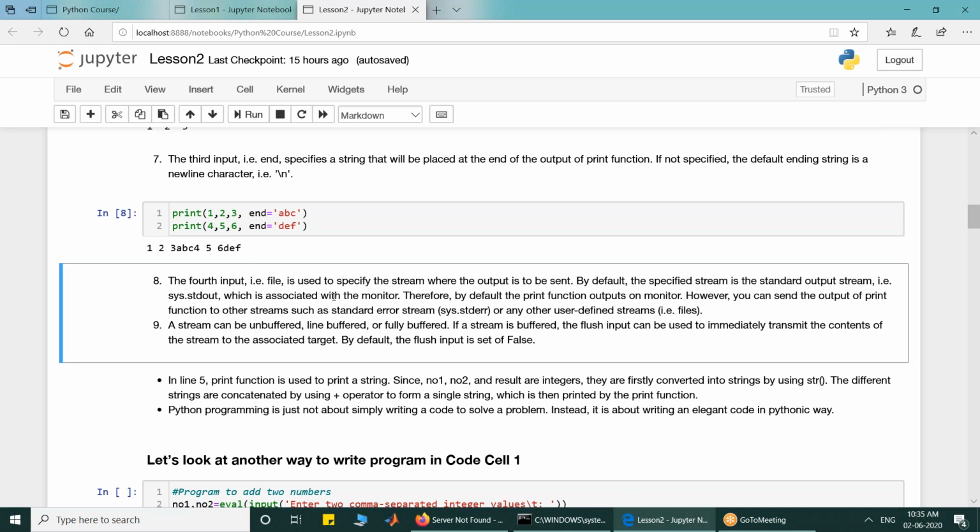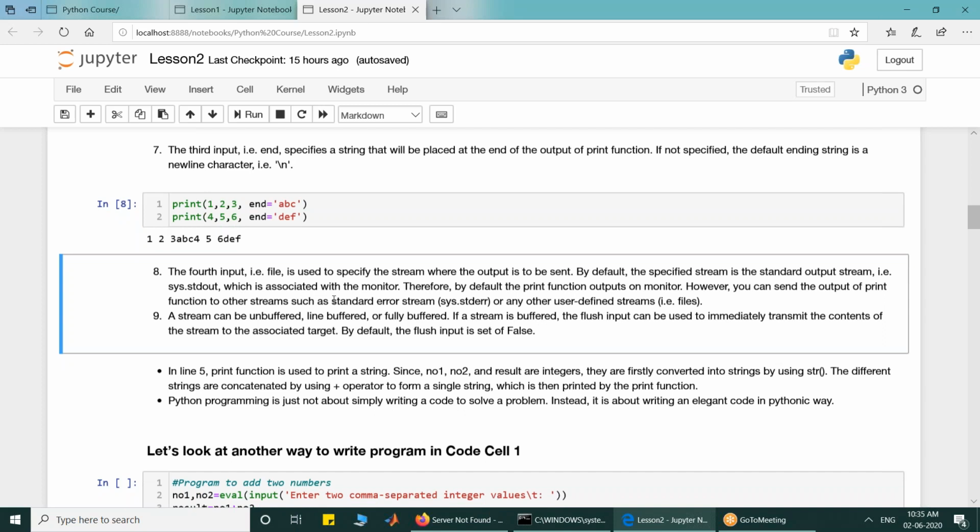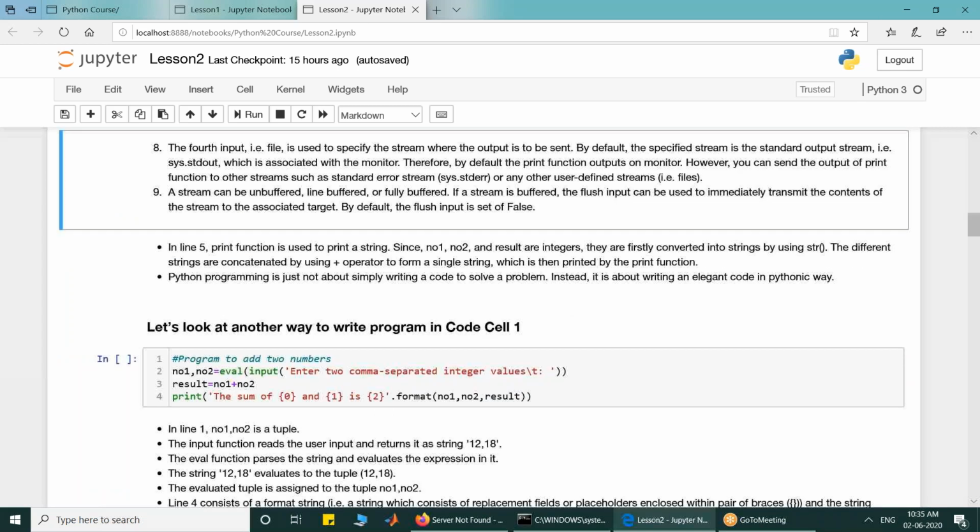The fourth input in the print function is file, which is a stream. If you want to put the output onto the monitor, the default file is sys.stdout. If it is the standard output stream, you will get it on the monitor. If you want to get output somewhere else, in some file or on some other stream, then you have to specify that, and this we will discuss when we do files.